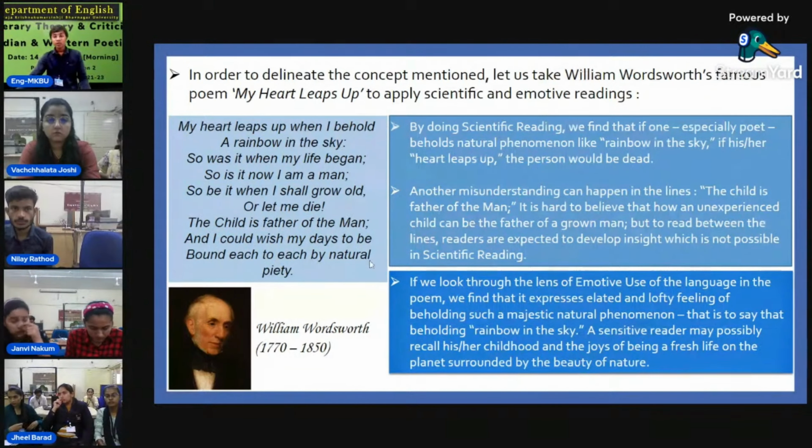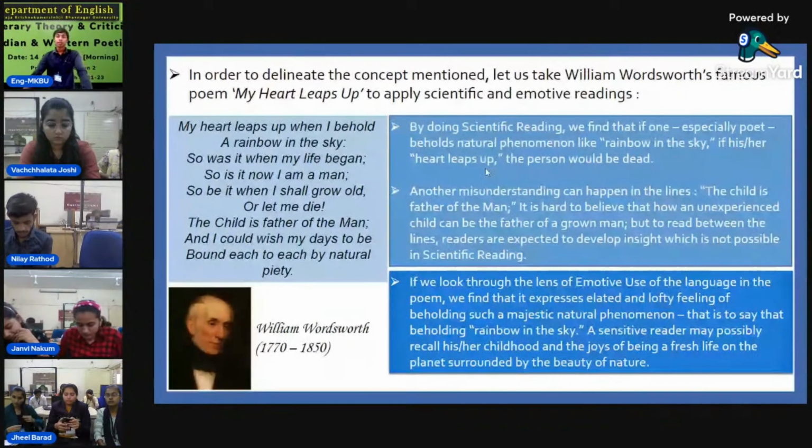Now, by doing scientific reading, we find that if one, especially a poet, beholds a natural phenomenon like a rainbow in the sky, and his or her heart leaps up, the person would be dead. Really, the heart will not leap up. So it is the figurative or emotive use of the language here. If we are doing scientific reading, we can say that if the heart leaps up, then the person would be dead. Another misunderstanding can happen in the lines